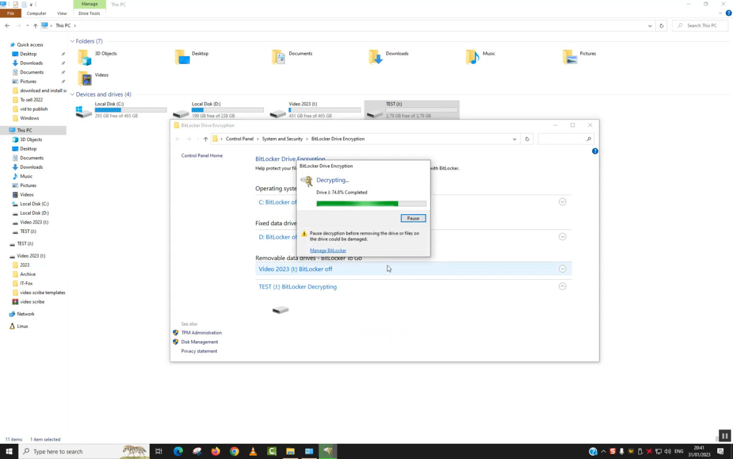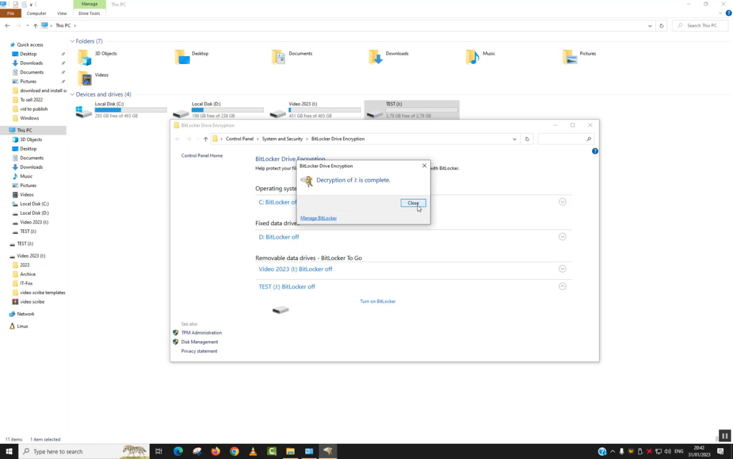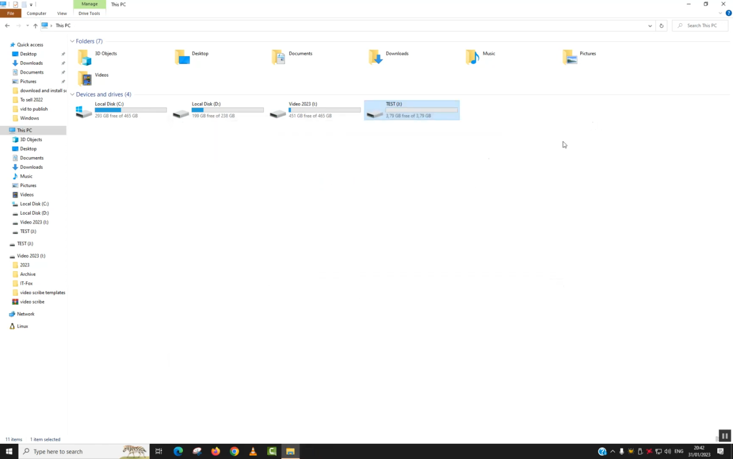The operation might be relatively slow or fast based on how fast is your computer, but it should be done within maximum few minutes. Now we will click Close, and our SD card has no